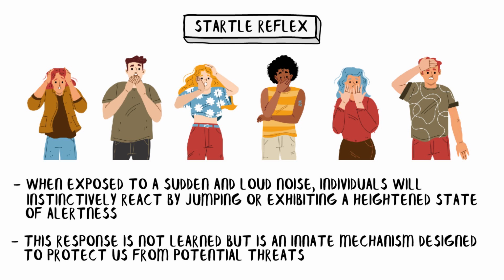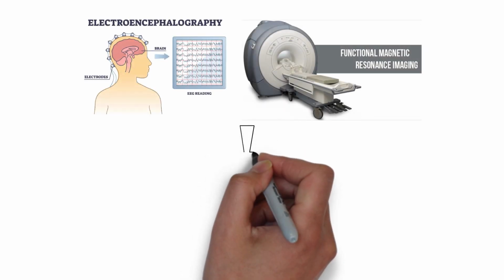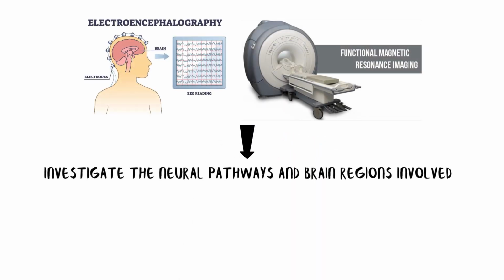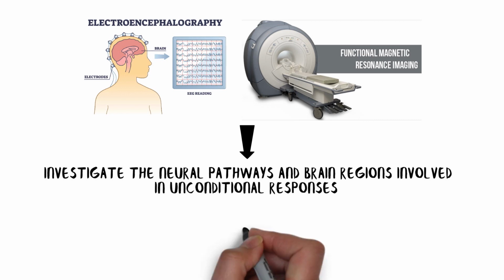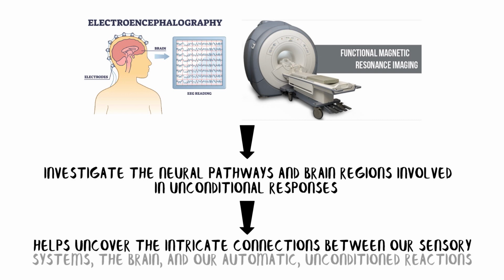Studying such unconditional responses can provide valuable information about the underlying neural mechanisms and how they interact with cognitive processes. Physiological psychologists utilize various methods, including neuroimaging techniques like fMRI and EEG, to investigate the neural pathways and brain regions involved in unconditional responses. This research helps uncover the intricate connections between our sensory systems, the brain, and our automatic,